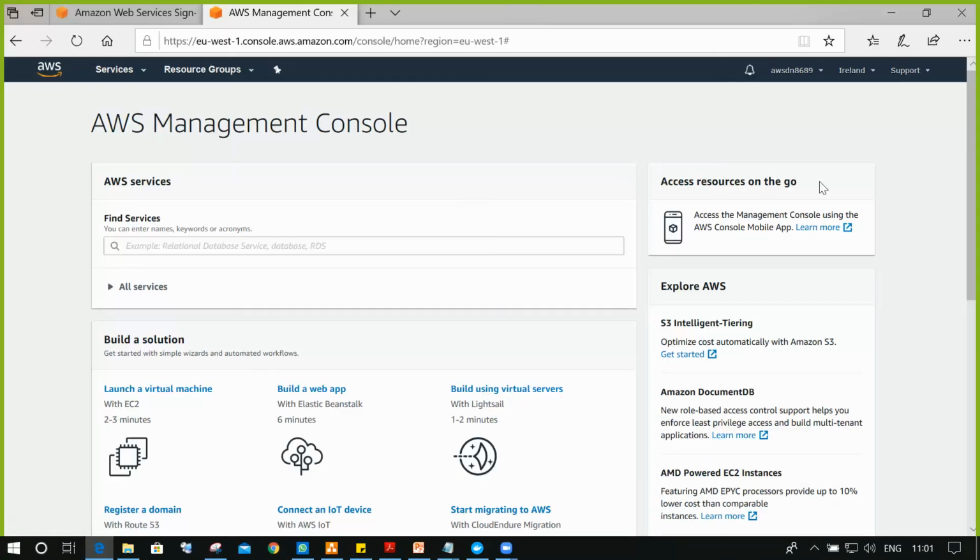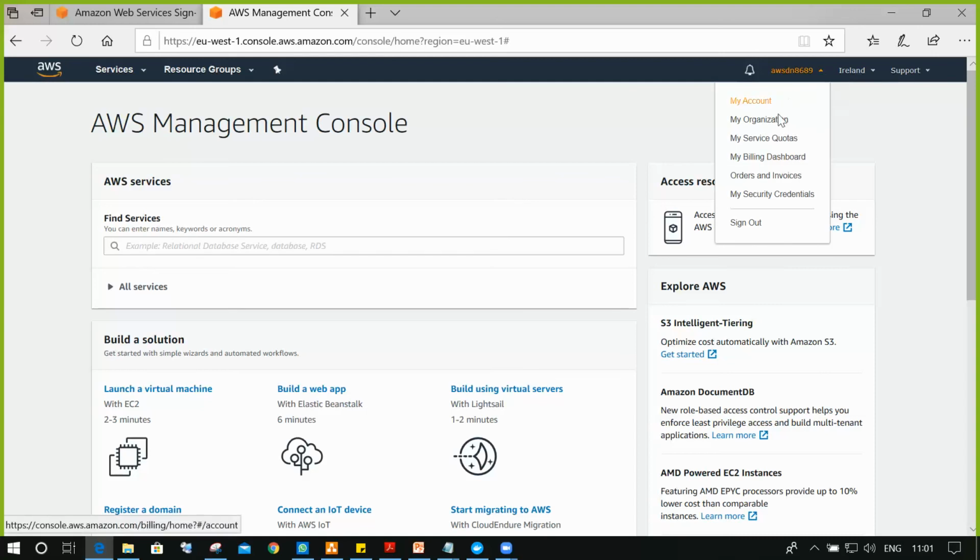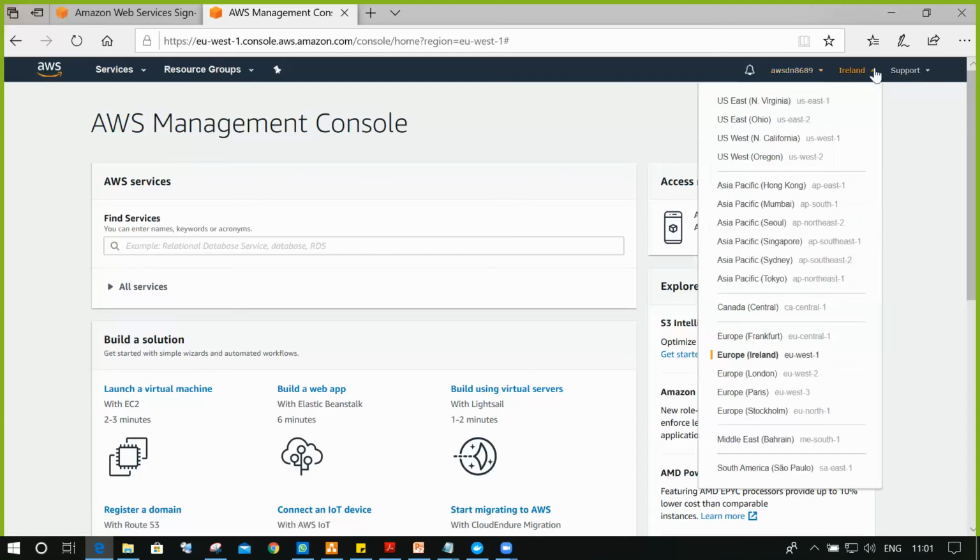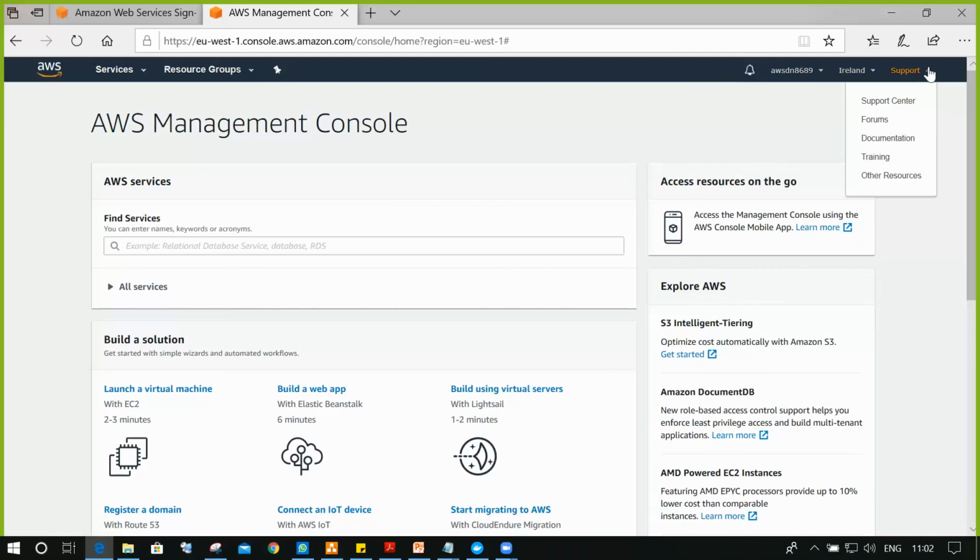After you log into your account, this is your main console. We call this console the AWS Management Console. On the left side, you have services, resource groups, and pin options. On the right side, we have account details like account, organization, service codes, your billing information, and which location you are currently connected to in the AWS Management Console. That location is called the region. And here is the support information, where you can create tickets and so on.